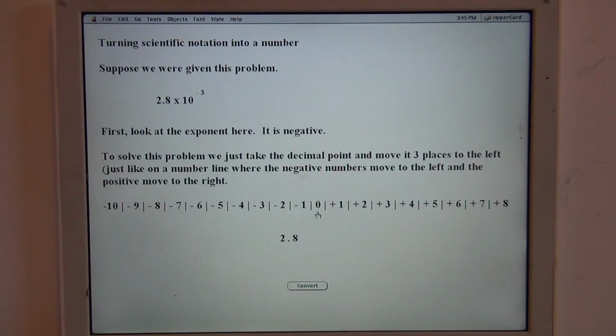Here is 0. If the numbers are positive, we move to the right. But when the numbers are negative, we move to the left. Well, in scientific notation, if the exponent is negative, then we move the decimal point to the left, not to the right. And since it's -3, we're going to move it 3 places to the left, or to the negative. So we have 2.8,